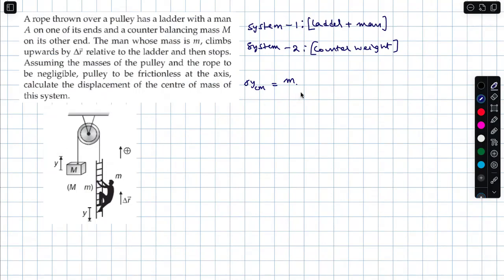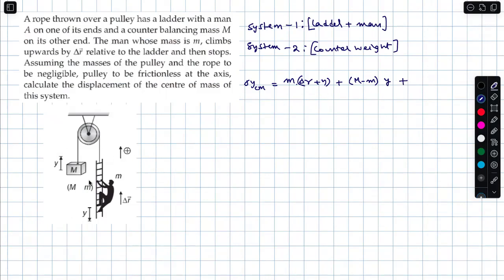Or you can make it as M times delta R. And what is happening here in this case? Same here, like what we have done previously. We will write this as M delta R plus small m times Y